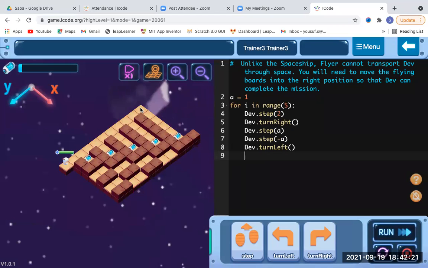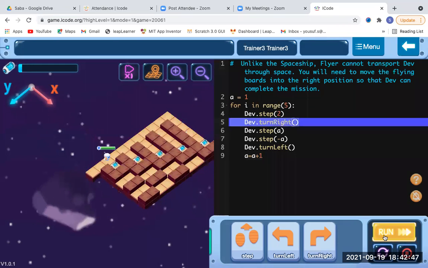Once it reaches over here, 4 increment, 1 2 3 4, means Dave 1 2 3 4. Okay, so A equals to A, sorry, that should be plus 1. Okay, now let's run it and check whether it is working properly or not.